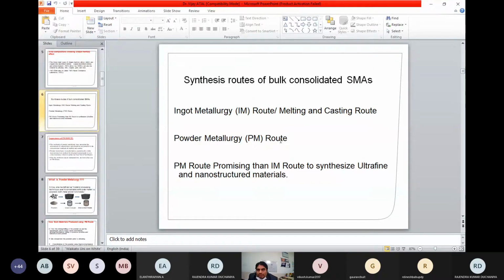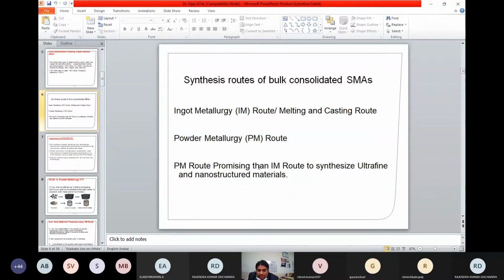So at this juncture, to avoid oxygen contamination, and also to reduce the cost effects of machining and the difficulty of machining, the powder metallurgy technique becomes promising.